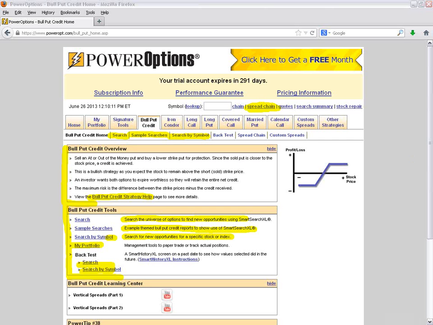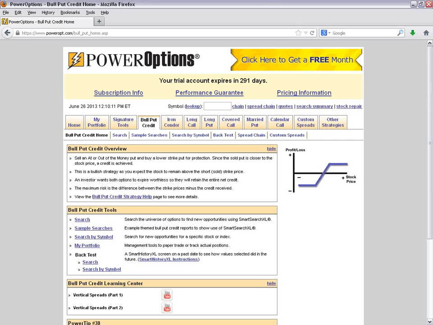Now, before we jump right into the search tool, we had discussed earlier that you may be thinking, okay, I want to do bull puts, I'm just learning them, just getting into them, and I don't know what kind of criteria I might want to use for a bull put credit spread. Maybe you want to just focus on ETFs because you heard they're safer. Maybe you want to use larger cap stocks knowing that you might not get as high a net credit, but at the same time you'll have a little bit more safety, a little bit higher probability that the stock won't